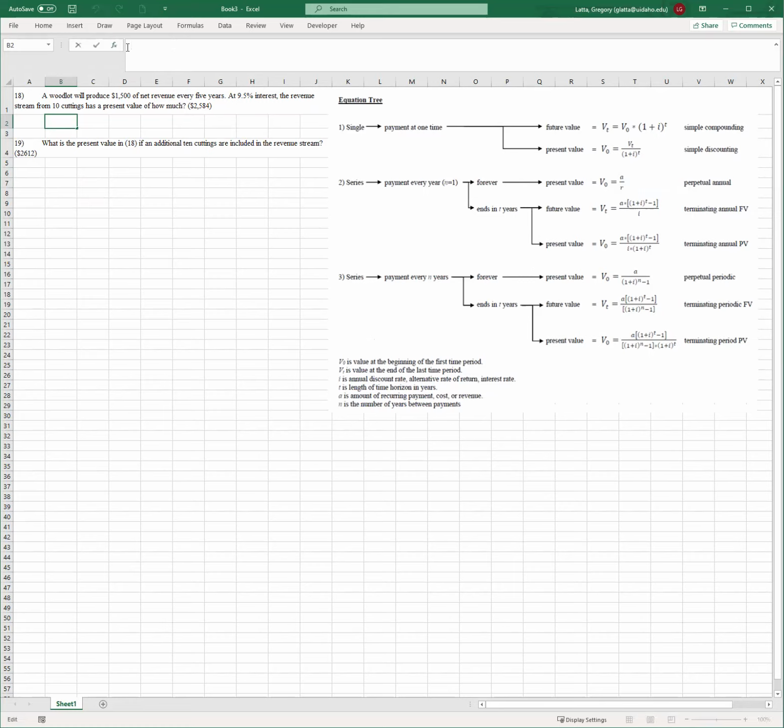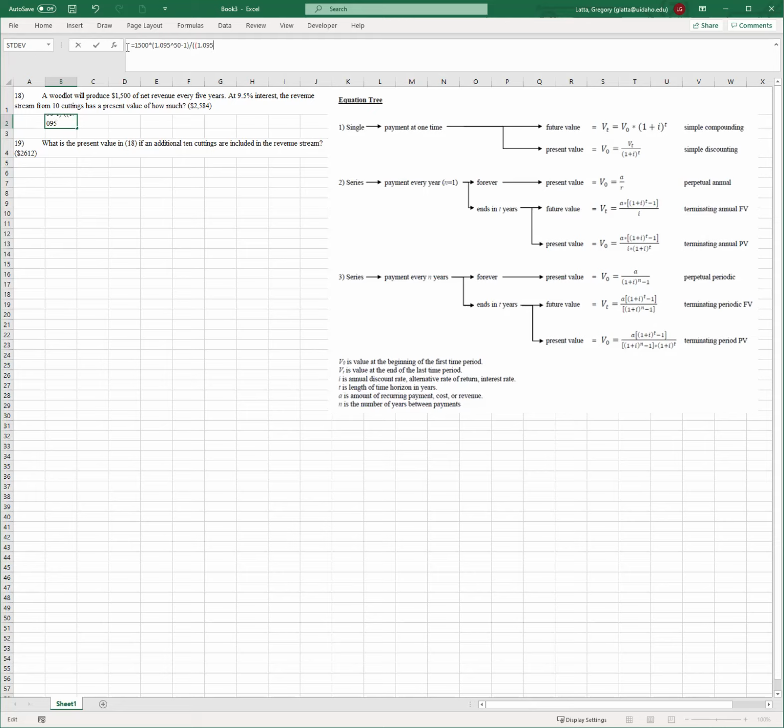So you always start an equation out with equals because, of course, we want to know what it equals. And now we're going to plug our values in. A is 1,500 times. We need to have the times in there before we hit the brackets. And it's 1.095 to the 50. Remember, that was our t, minus 1. Close that up. We're going to have our division there. Now we want to get our open brackets for the bottom and our open brackets again for this